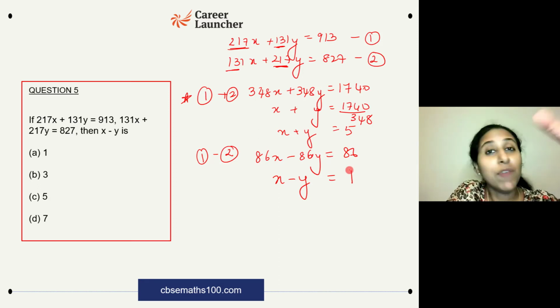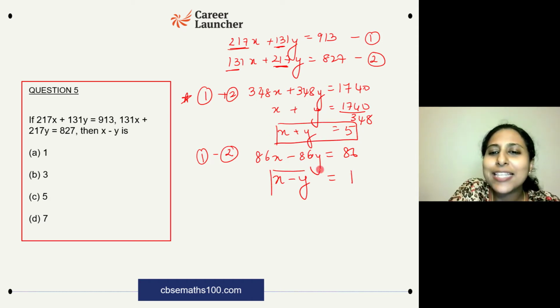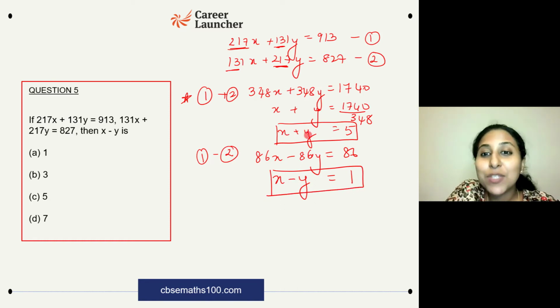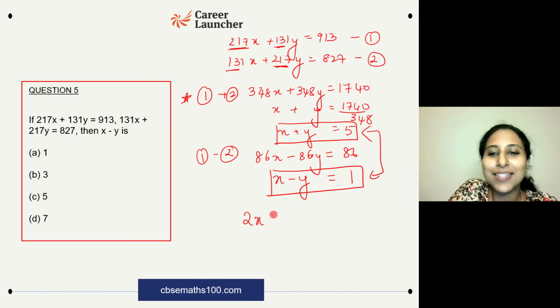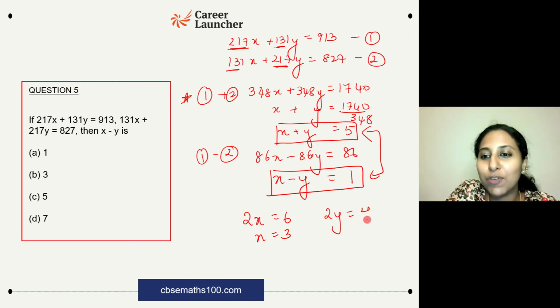Suppose the question was one where you had to solve both these equations and find out values of x and y. You have succeeded in getting two very simple equations over here. x plus y equals 5 and x minus y is equal to 1. These are very simple to solve. You just have to add both of them. When you're adding both of them, you will get 2x is equal to 6, which means x is equal to 3. When you're subtracting both of them, x and x will get cancelled. y minus of minus y will become 2y. That will be equal to 5 minus 1, which is 4, which gives you y is equal to 2.